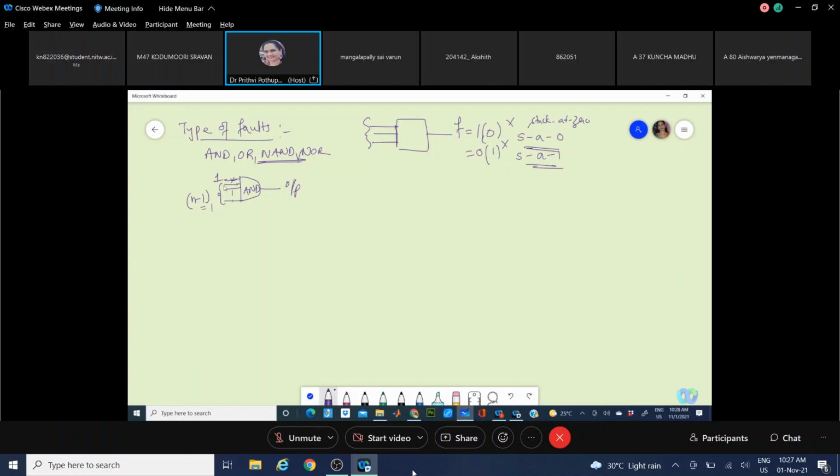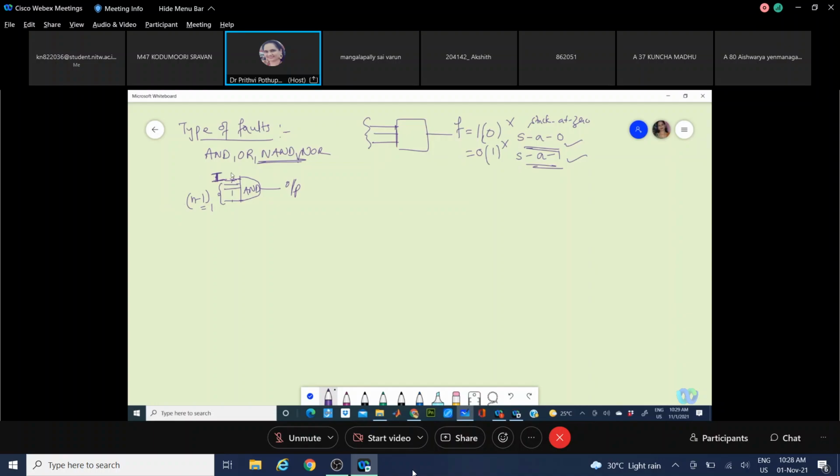If you are using an AND operator, make all other inputs equal to 1, and the line 1 you are testing, make it a value which is the complement of the type of fault you are testing.